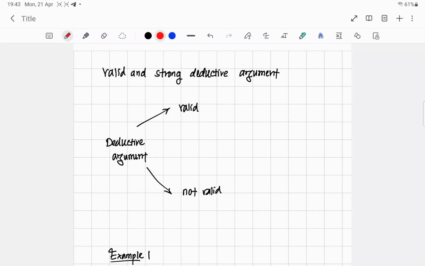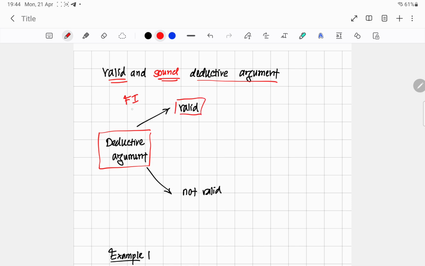As promised in the previous video, we will see how to determine whether a deductive argument is valid and sound. So if you are given a deductive argument, the argument is valid if it is